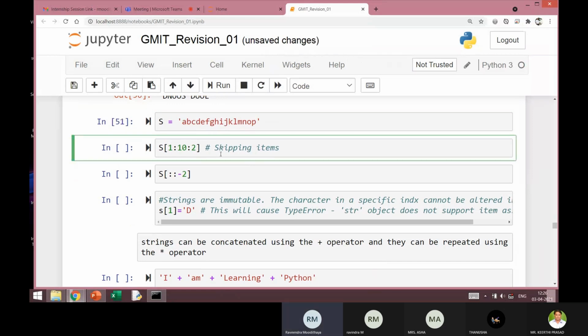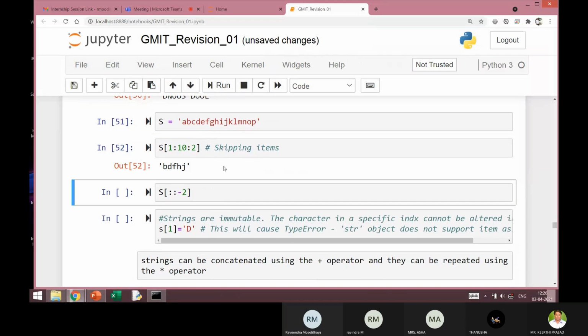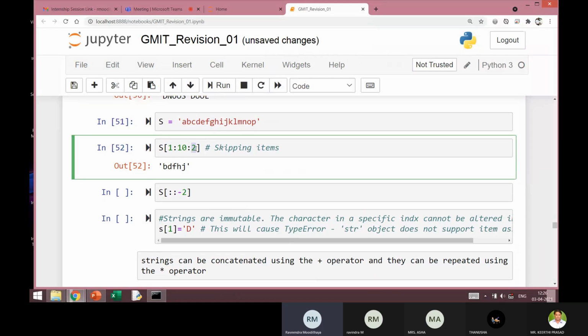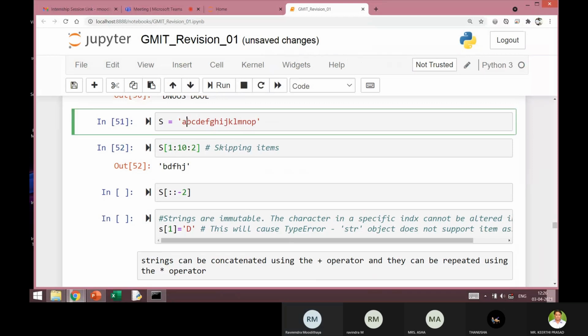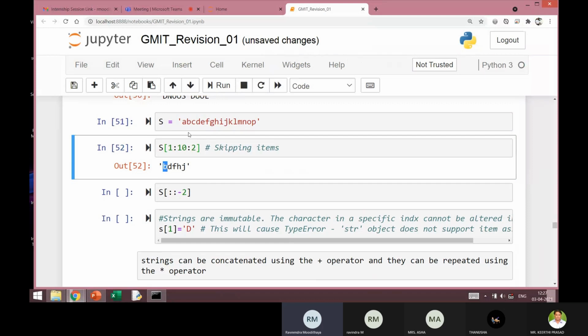And now I'll print the alternate items. I'll extract the alternate items. It will not extract starting from the beginning. Every second item is extracted, as indicated here by the increment 2. Remember the index always starts with 0, but now I want to start from 1. So this having the index 1, right? Remember the increment is positive here, so we are going in the forward direction. The first item having the index 1 is B. So you can see that first B is extracted.